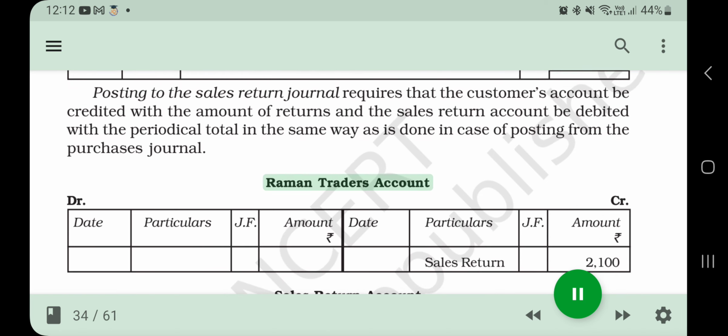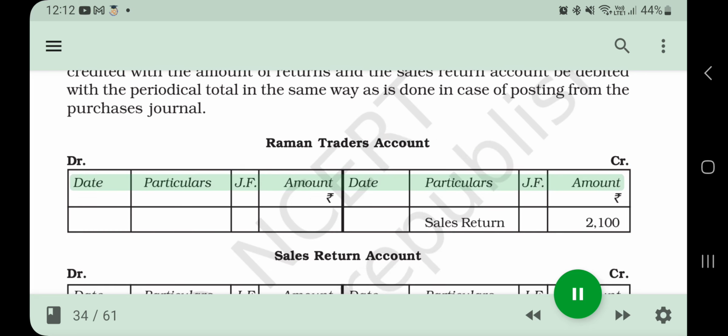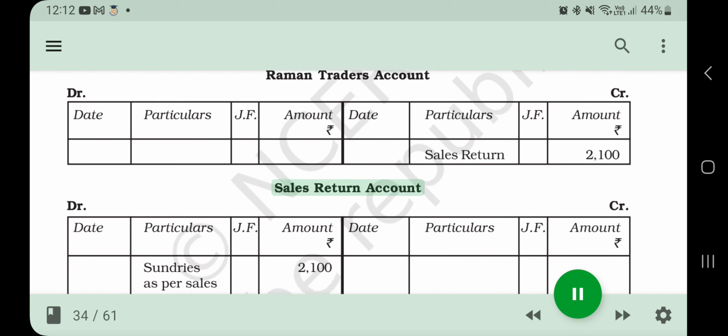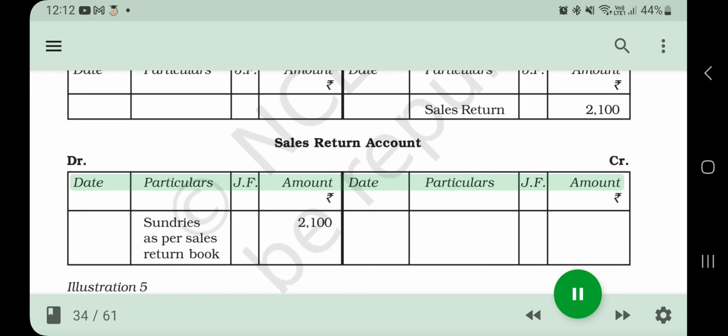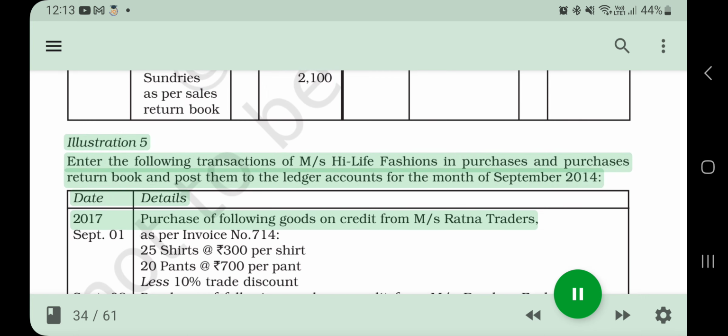Raman Traders account. Dr. Cr. Date, particulars, JF, amount, date, particulars, JF, amount. Sales return 2,100. Sales return account. Dr. Cr. Date, particulars, JF, amount, date, particulars, JF, amount. Sundries 2,100 as per sales return book. Illustration 5. Enter the following transactions of